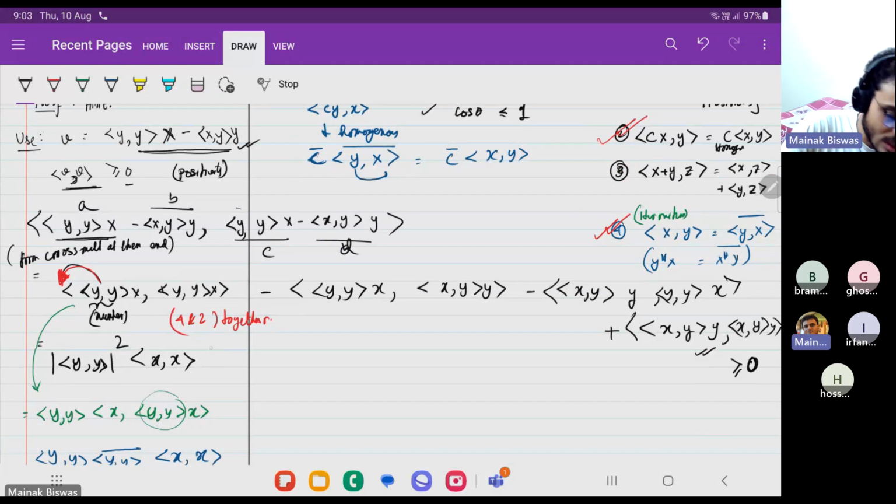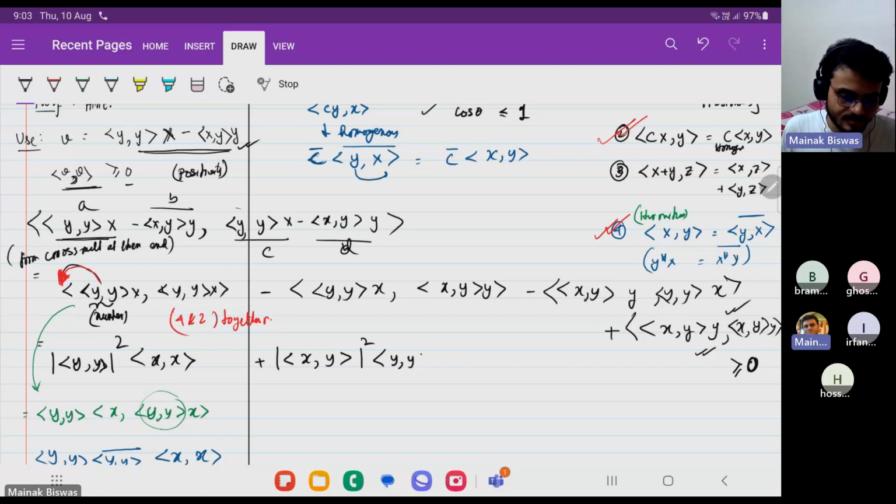So first term I got, which term is easier to get again? The last term, right? The last term is also simpler. What will the last term be? The last term is equal to the norm square of y, similarly, right? Yes. xy square yy, right? What would the other terms be? I have done this term and this term. So second term will be,